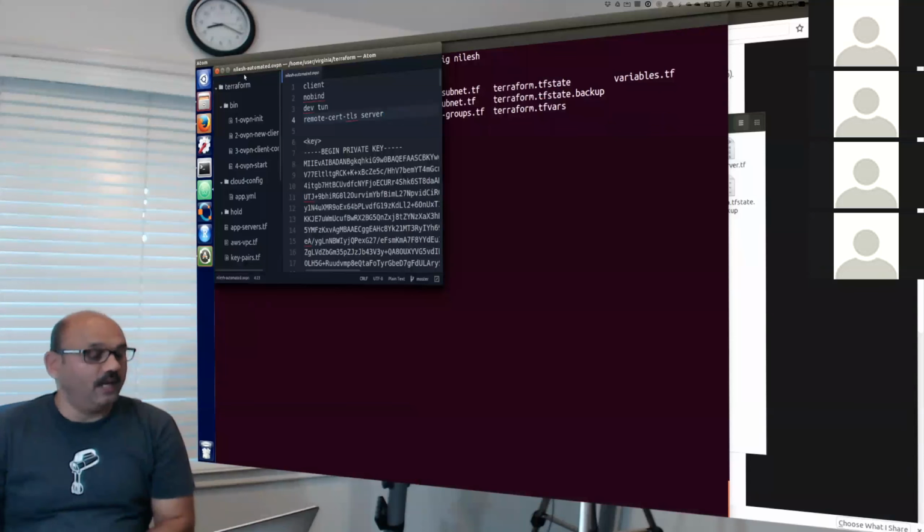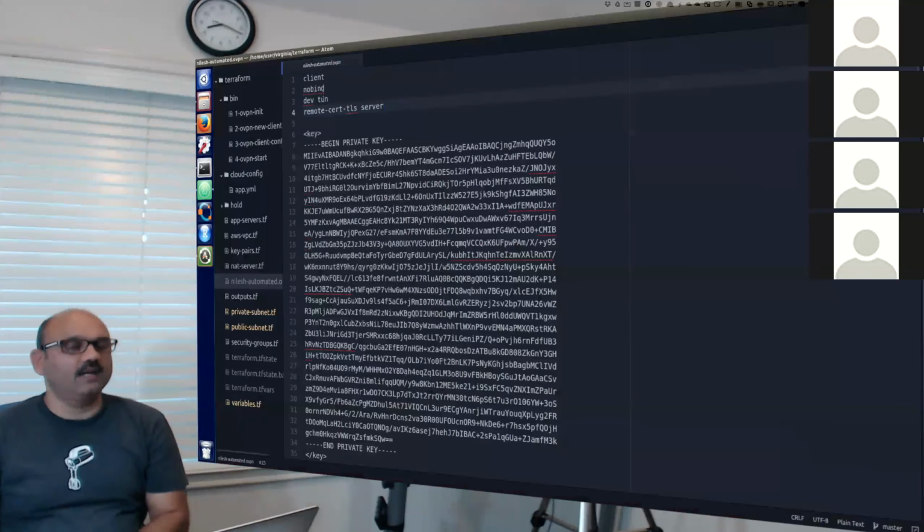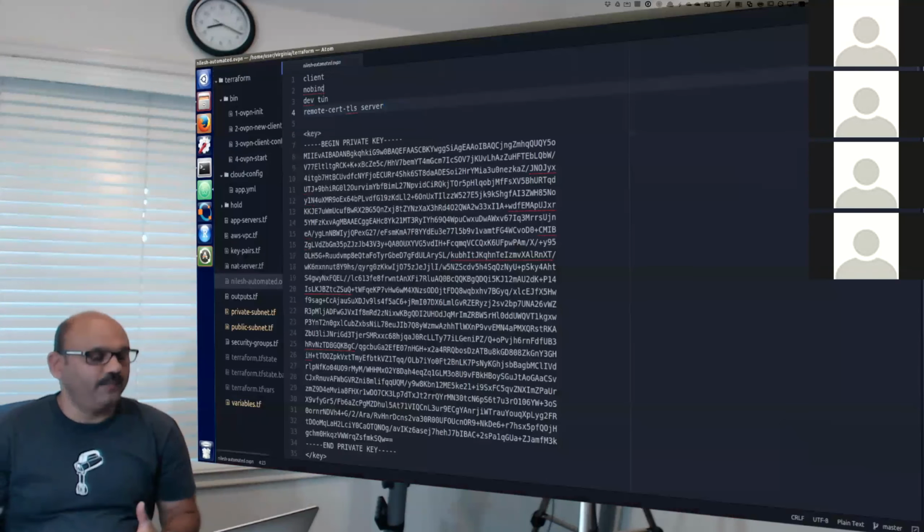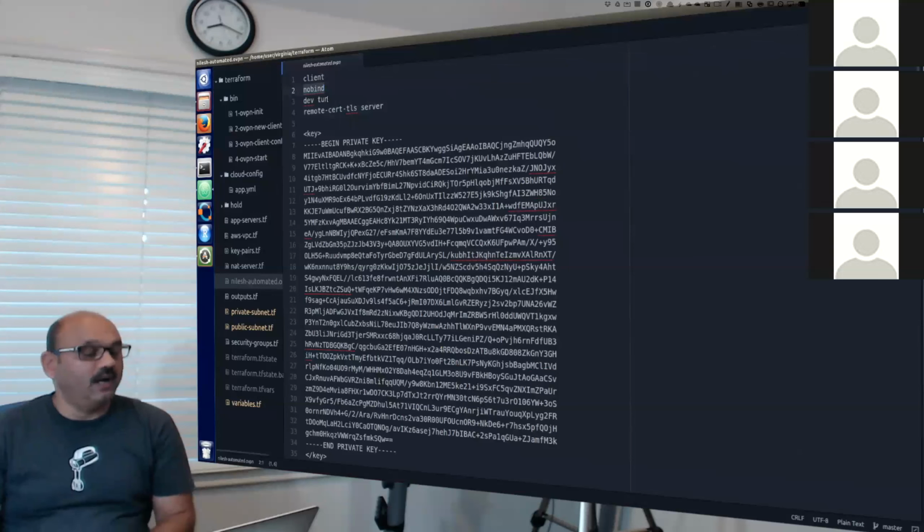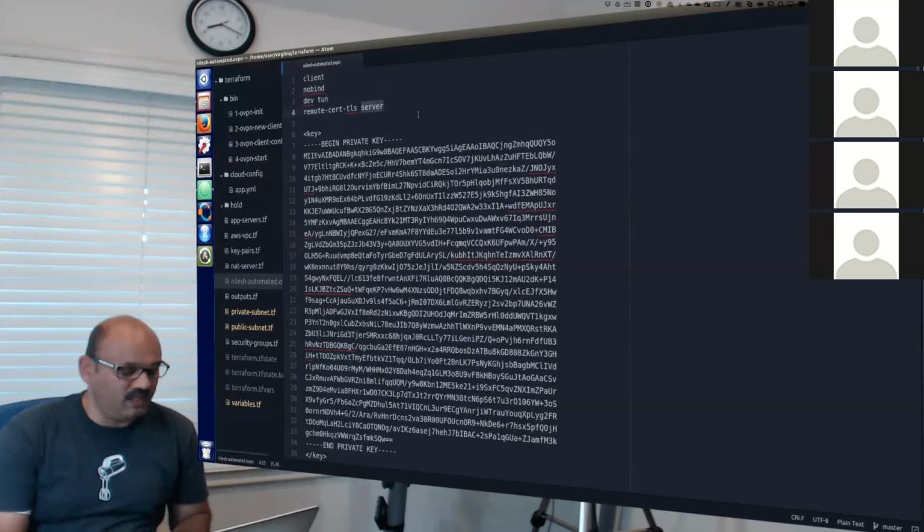And this requires an understanding of VPN software itself. But here it is telling you that it is a client certificate. We are not using the bind name server. We are developing a TUN adapter, a tunneling adapter basically. We are using remote certificate TLS server, which is the NAT machine, the OpenVPN machine that we have.